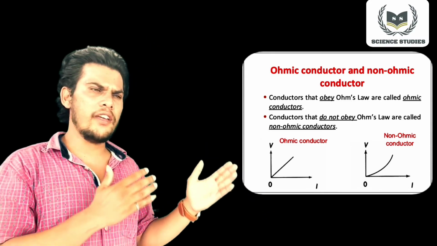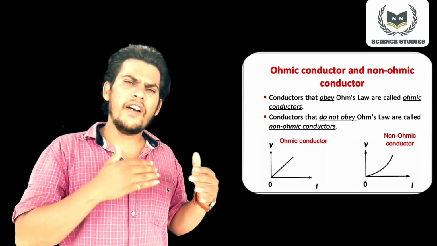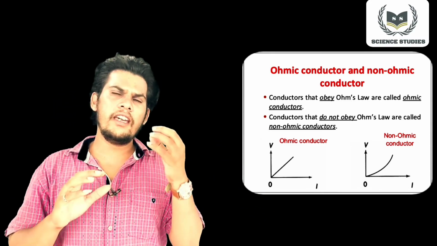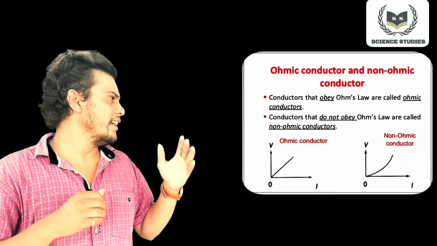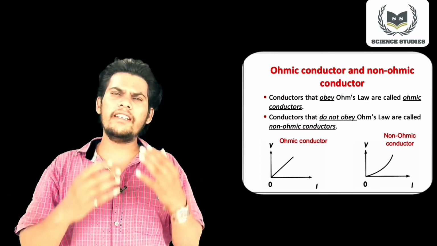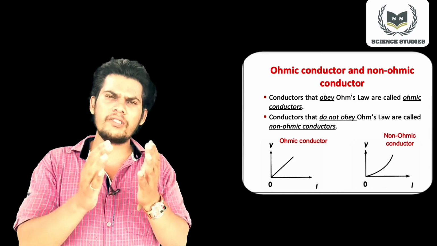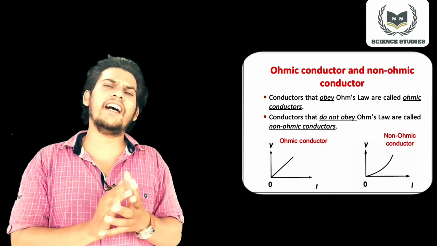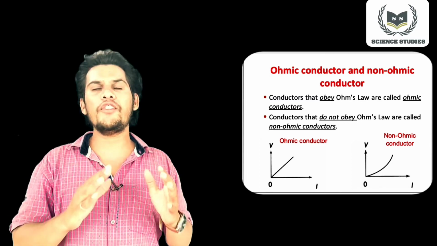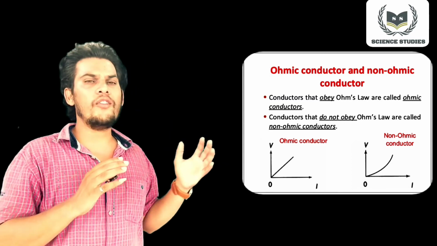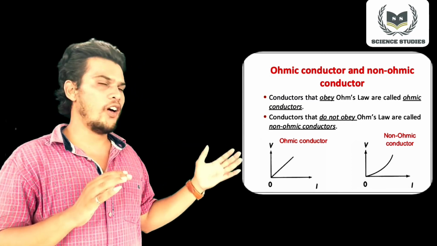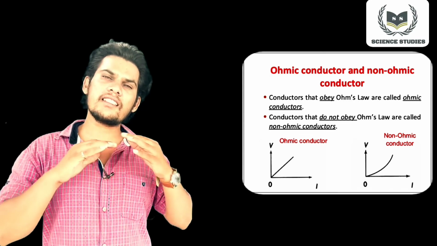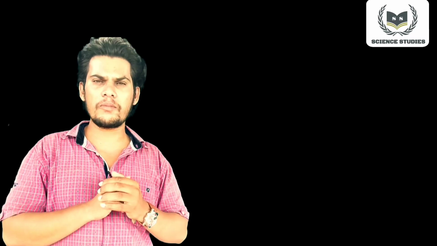In the circuit, I used a bulb. If I use a manganese wire instead of the bulb, it is also one of the ohmic materials. That's why that manganese wire obeys Ohm's law. But instead of manganese wire, if you use nichrome wire, which is a kind of alloy, it does not obey Ohm's law. We can call nichrome a non-ohmic material.